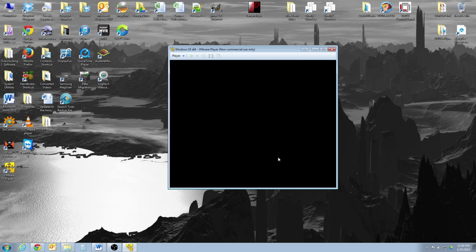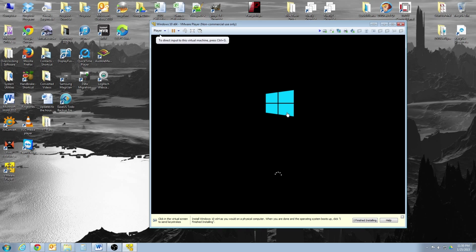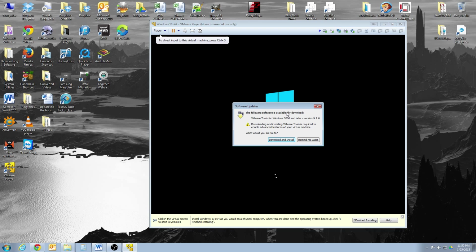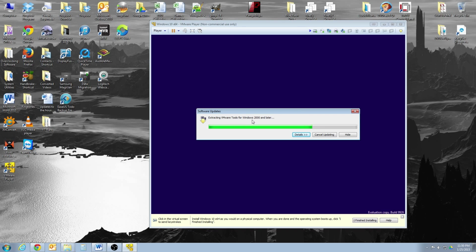Alright guys, so there you can see it did finish creating the virtual disk, and it jumps straight into installing the Windows 10 technical preview. You will get this update the first time you install a new virtual machine. Go ahead and hit the download and install button. That's just going to install some of the VMware tools that will make working with Windows a little bit easier